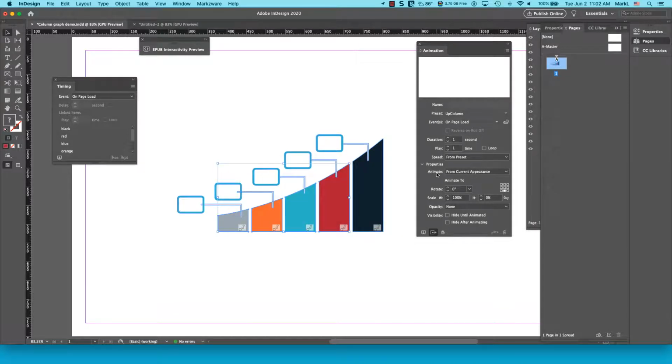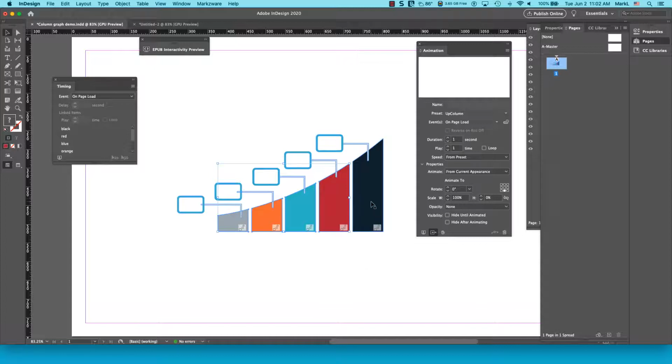Notice that this animate property from current appearance, that used to say to current appearance. So I caution you, if you're going to make this a preset, be careful. This booger changes this, and it shouldn't, but it does. So if you want to make your own preset, make sure they work the way you want, or notice where things don't work right. Okay, now,